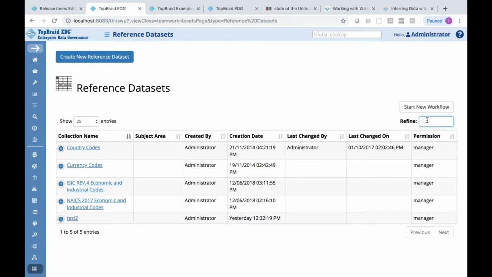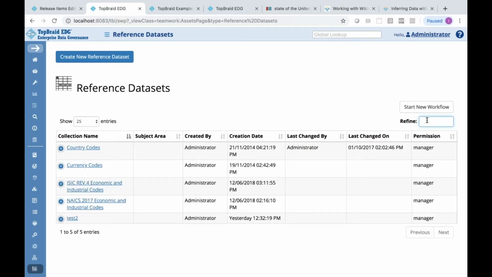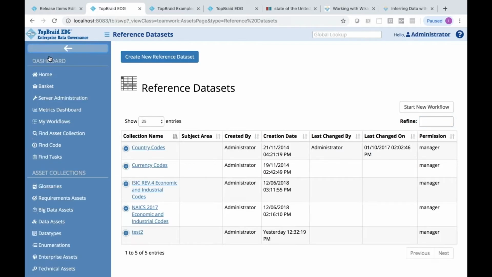And you could easily search and refine right here. And that's going to be quite useful. I know that some of our customers now have maybe several hundreds of collections of the same type, and this display is going to be not only much faster, but also easier for them to filter and navigate to get to the right information.